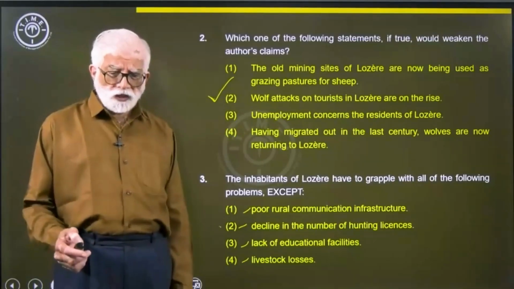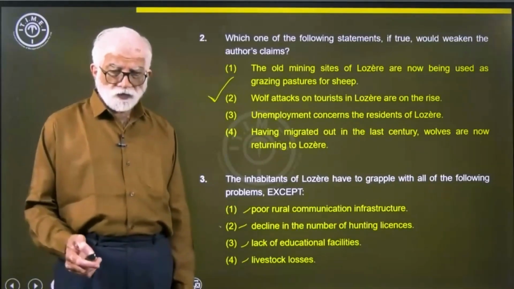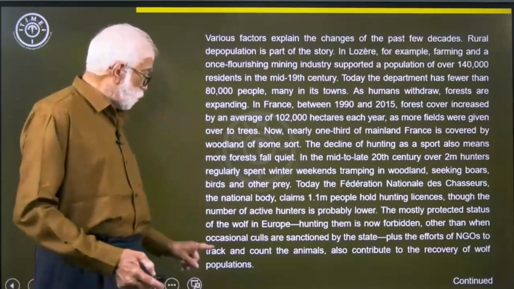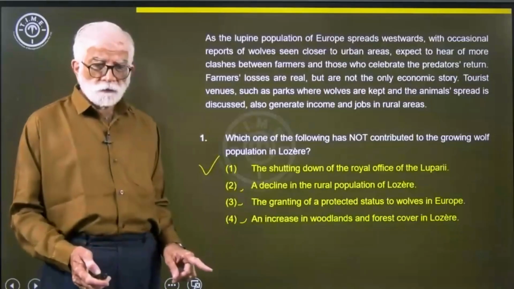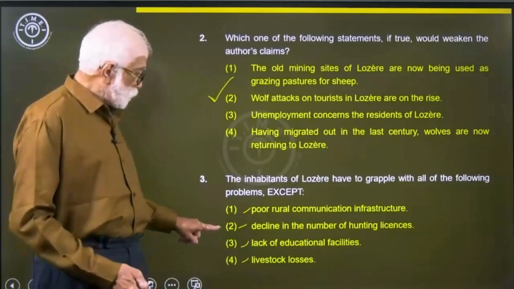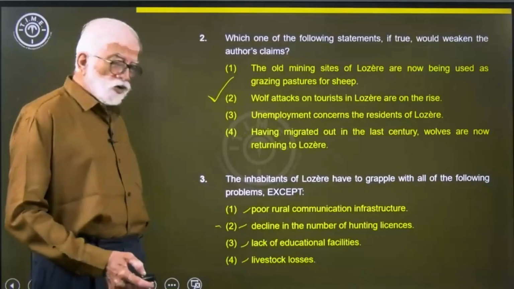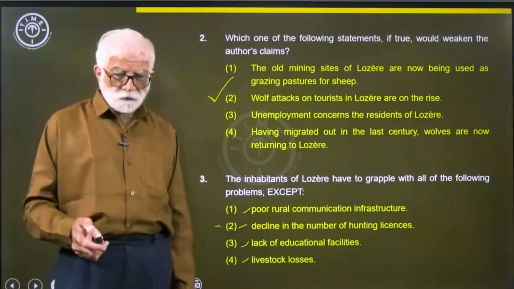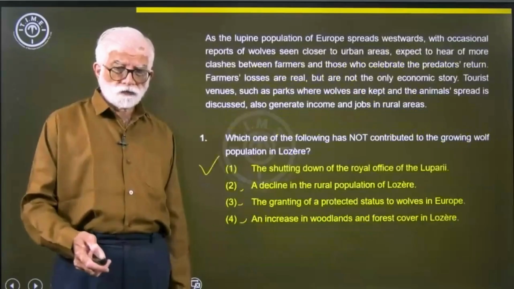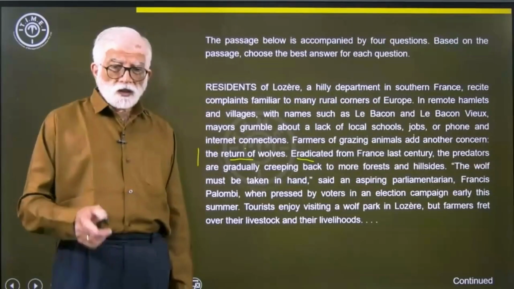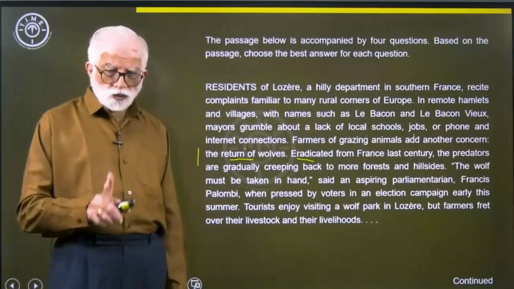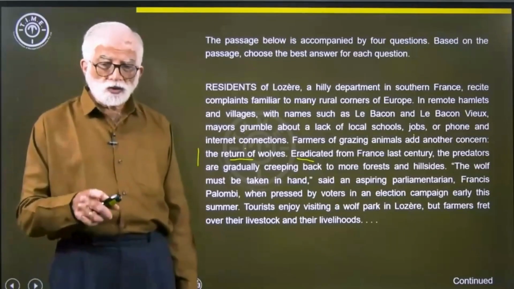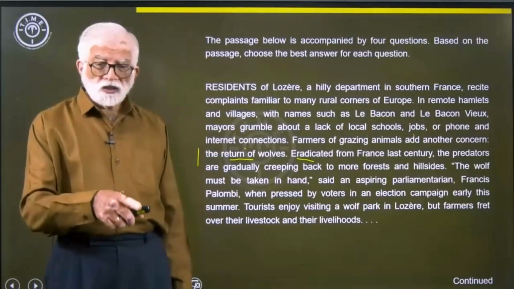Now, if you look at decline in hunting licenses, right? The decline in hunting licenses is not actually a problem in some sense. That's why, if you remember, we placed a mark here, which means it's something that we'd have to look at again. Why do we have to look at it again? Because what we are saying is that the whole business over here, right? We've got the lack of local schools, we've got the lack of jobs, we've got the lack of phone internet connections,